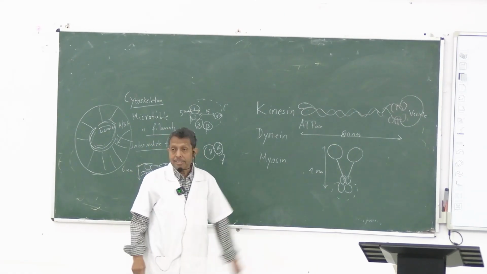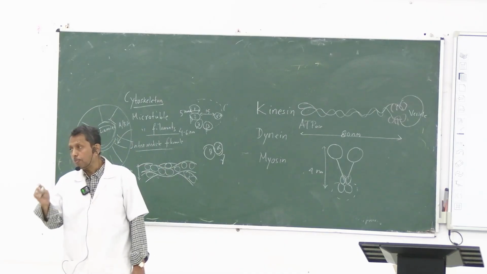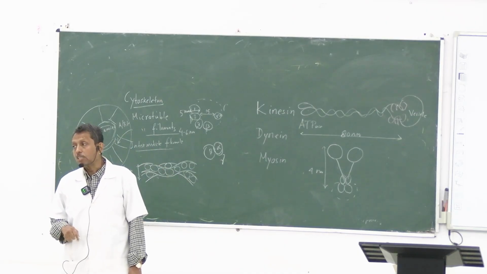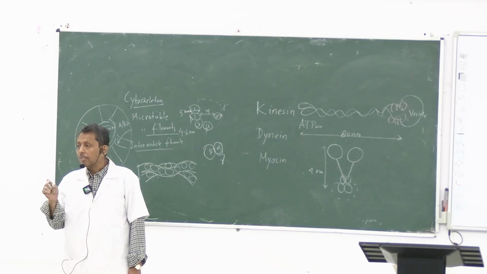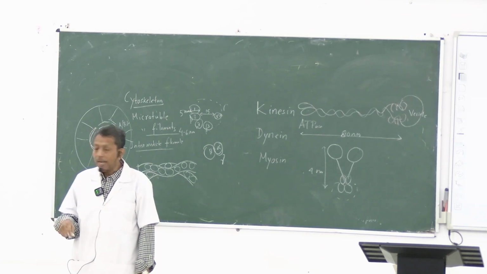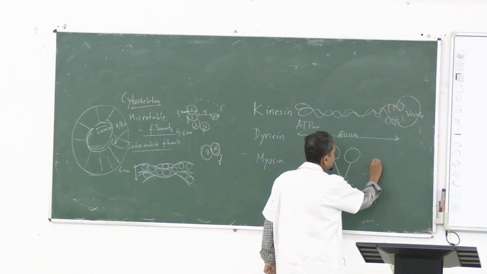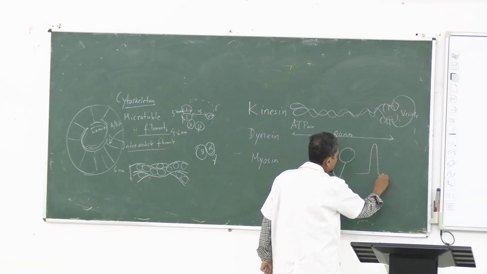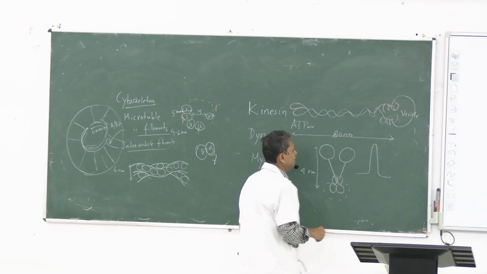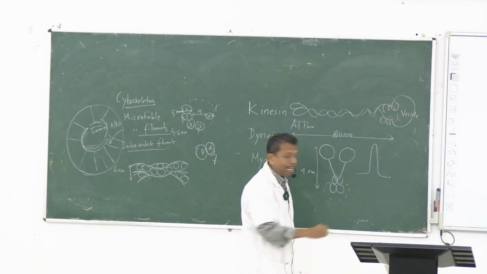And they are of two varieties. One is the cytoplasmic variety, and another is present within the cilia, the axonemal variety. Cilia are present in almost all cells, and within the cilia, suppose in this case there is a cilium, and if you take this section, there are tubule-like structures, 9 plus 2,